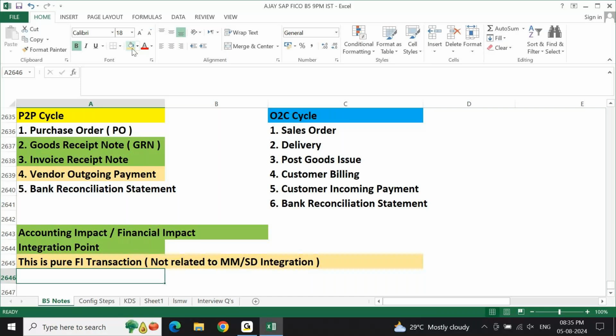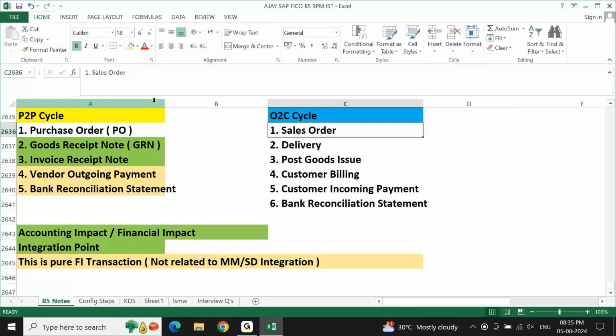Similarly, bank reconciliation also is a straight away FI entry or an accounting transaction, no connection with your purchase order, no connection with anything. This is also a pure accounting transaction. Wherever I am highlighting this light orange color, it is representing a pure FI transaction without having any link to your MM SD integration. On the other side, if I go to the OTC cycle,